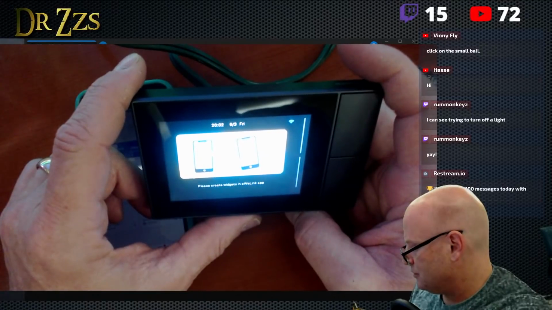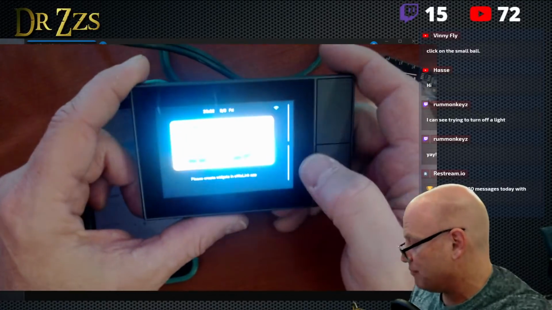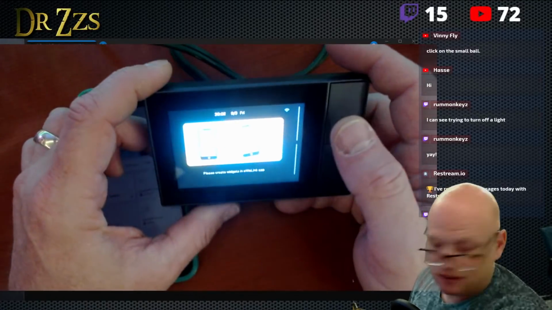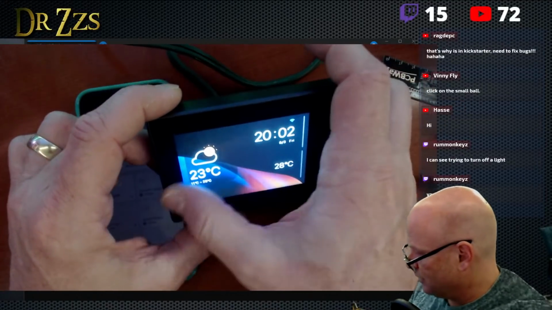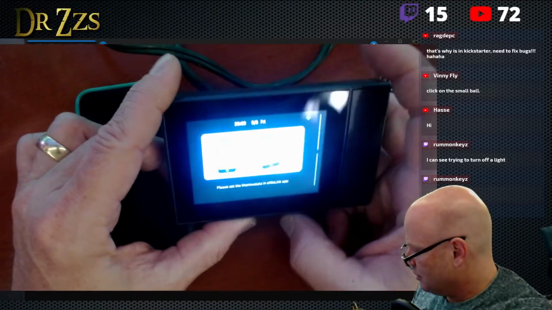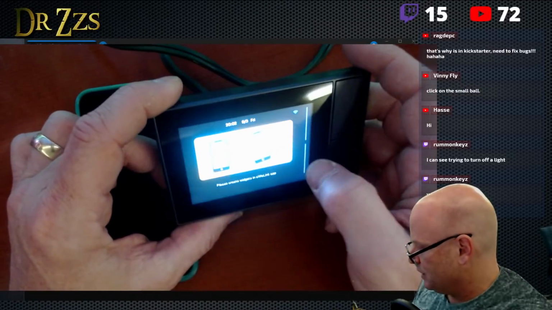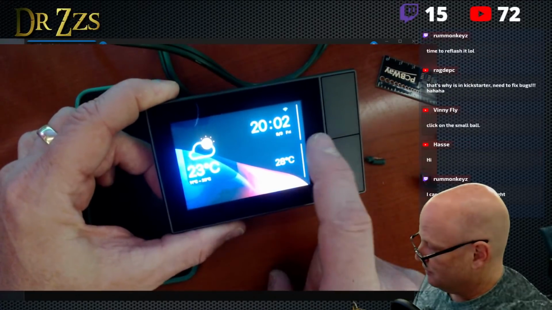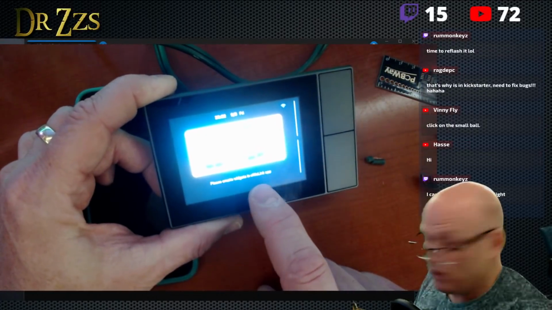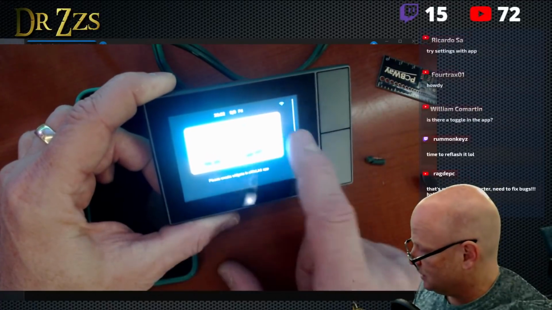Let's see. Please create widgets in the eWeLink app. That's what that says. Sorry, you can't see it. That would be where the widgets would live. Please set the thermostat in the eWeLink app. So it's got this screen. If you swipe one way, there's widgets you can make in the eWeLink app.